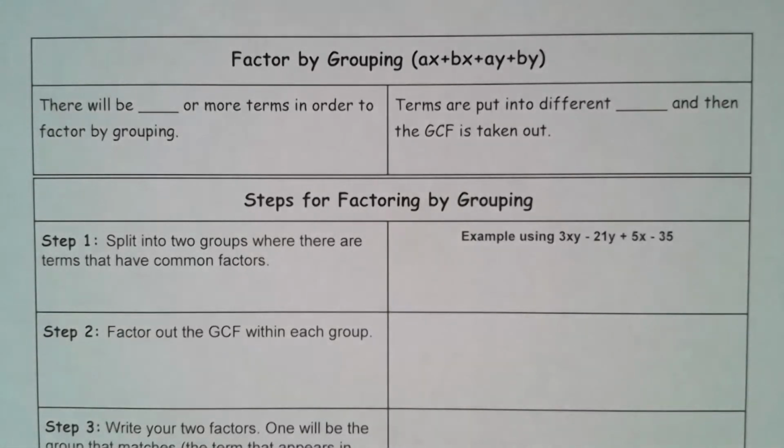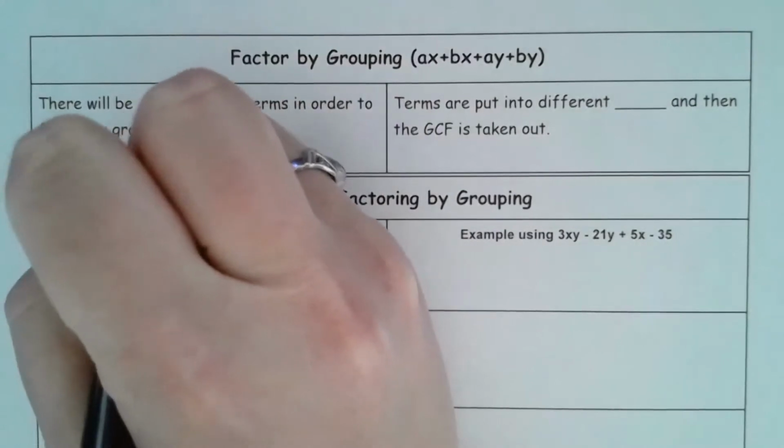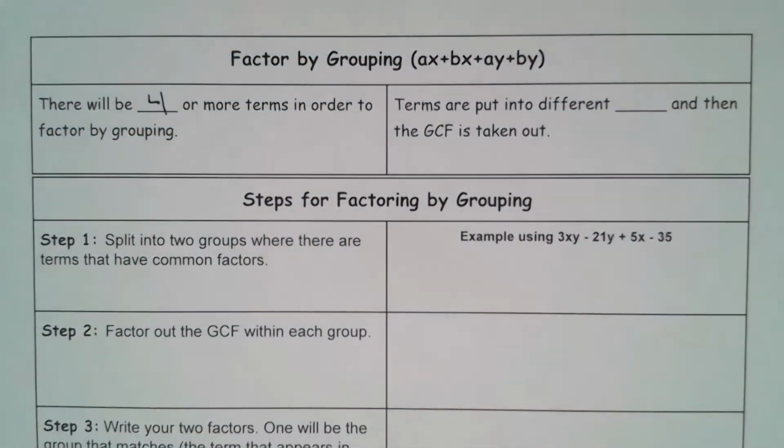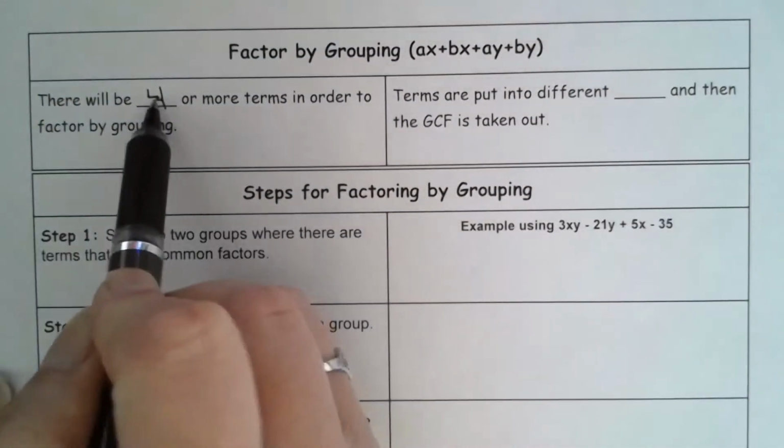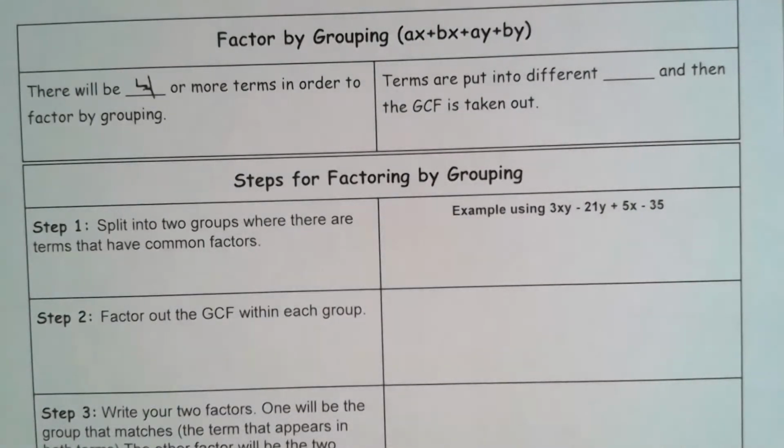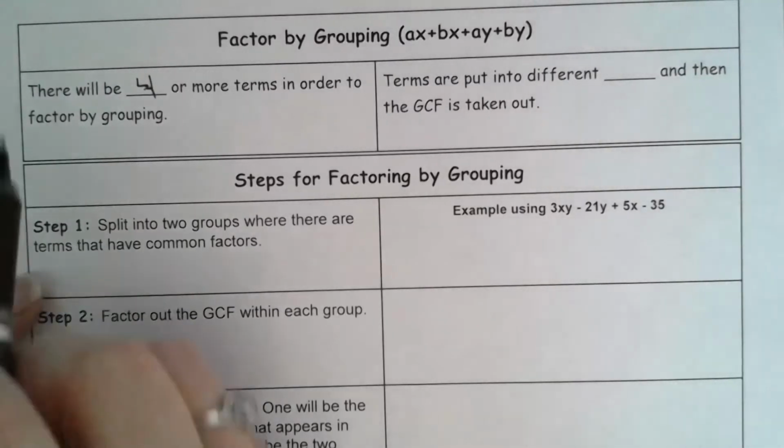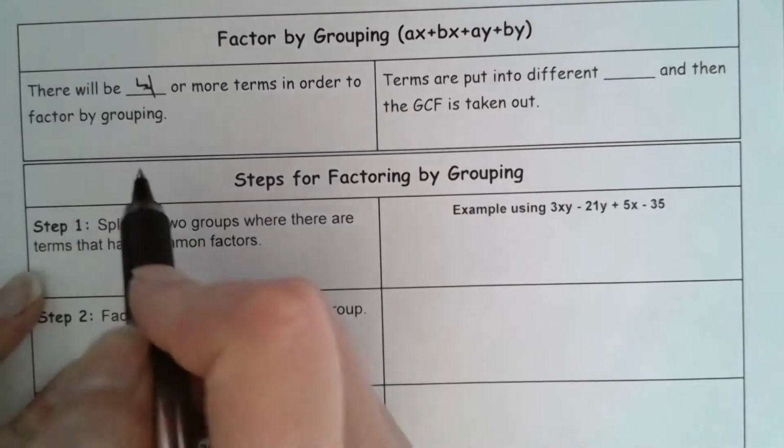Okay, we are doing factoring by grouping today. Just a few things. First off, when we factor by grouping, there will be 4 or more terms. Okay, so 4 or more terms in order to do factoring by grouping. So that just means that we'll have something like